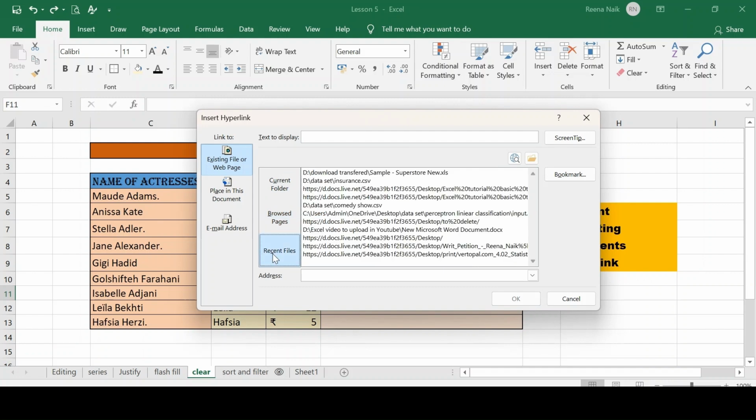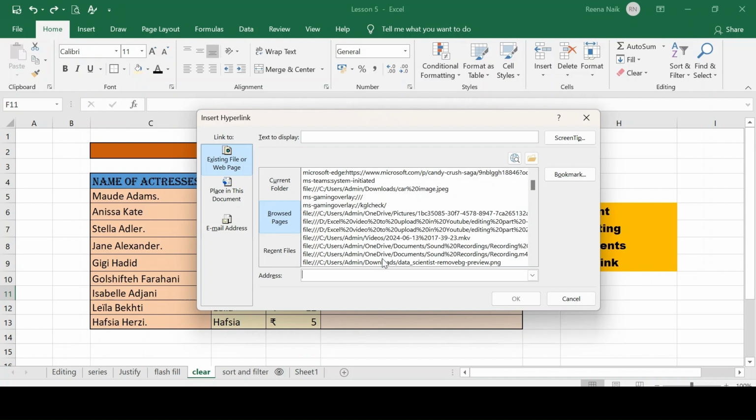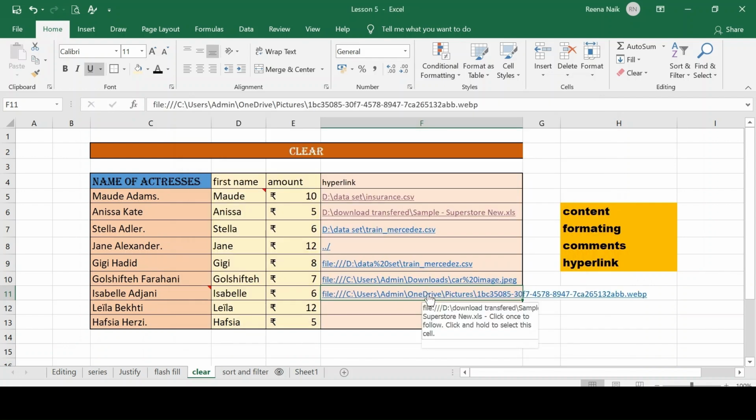You can link any one. Suppose I select the browsed file, for example this, and click OK. See, the link is created here. Once you click here, it will direct you to the file where it is located, in one click.